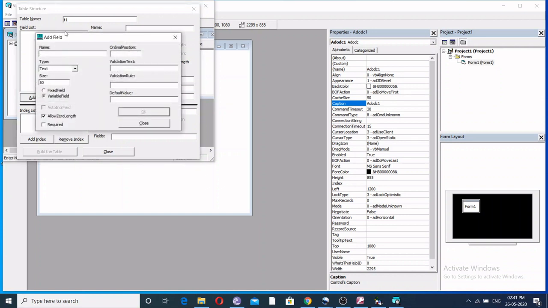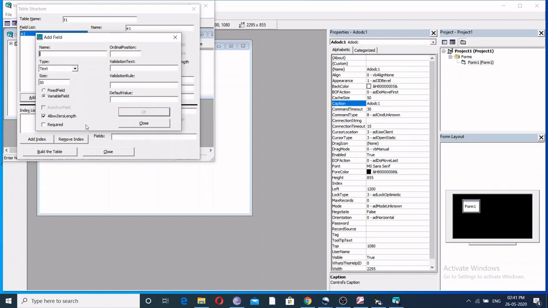When you click add field, it will ask you to enter the name of the field and so on. For example, simply I am adding E1, let it be a numeric data field, single, then OK.